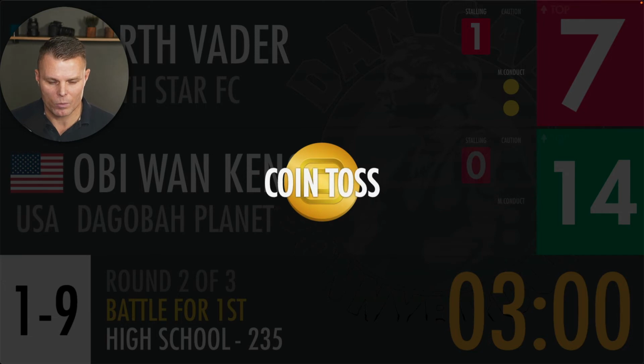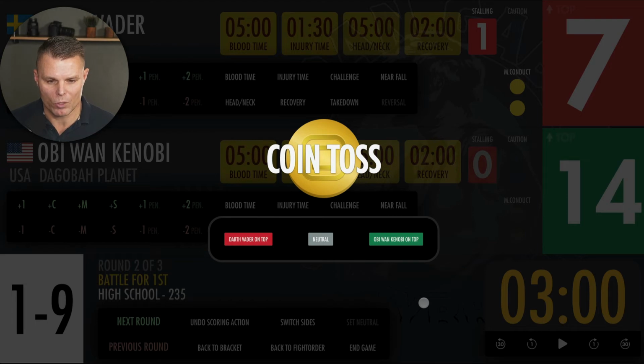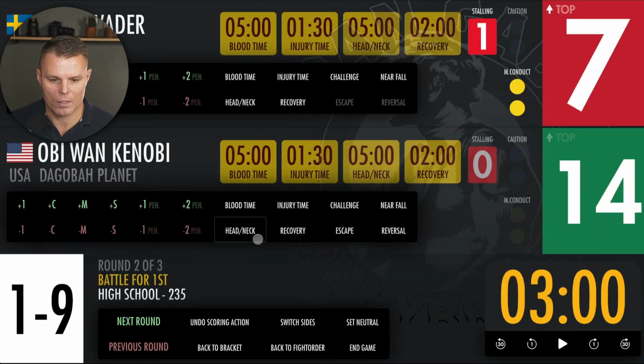And as you can see now, we display this coin toss animation. The referee will flip the coin, and whatever is decided, either Darth Vader is on top or Obi-Wan is on top, or they choose a neutral position. Then you will choose this in the scoreboard. So I'll choose Darth Vader on top, and then that's what decided. So the scoreboard is preset to show the situations in a tie, and then this animation will show up,